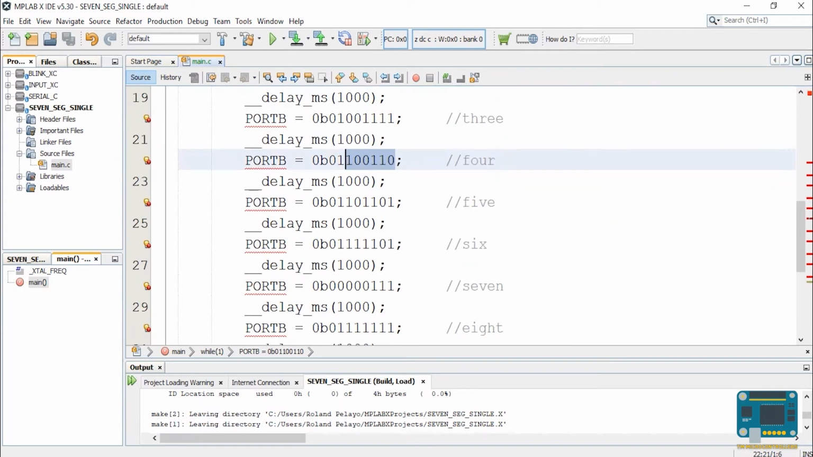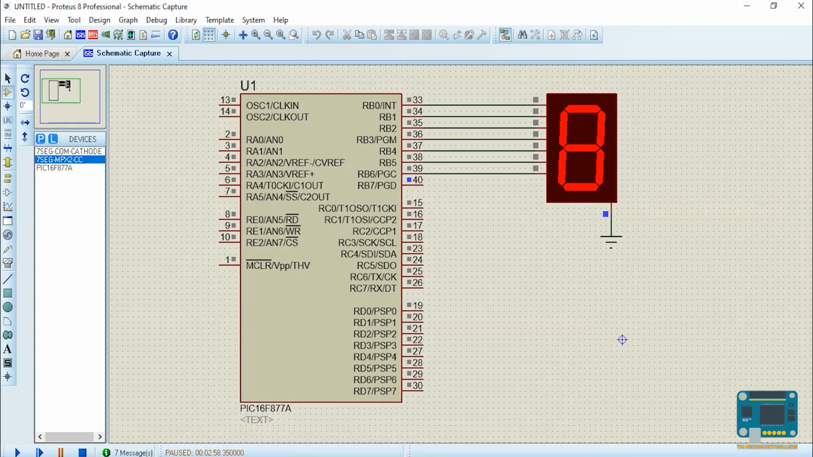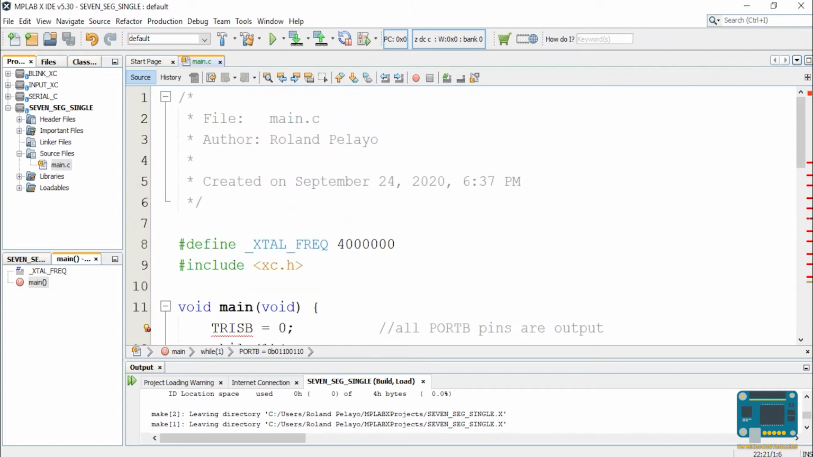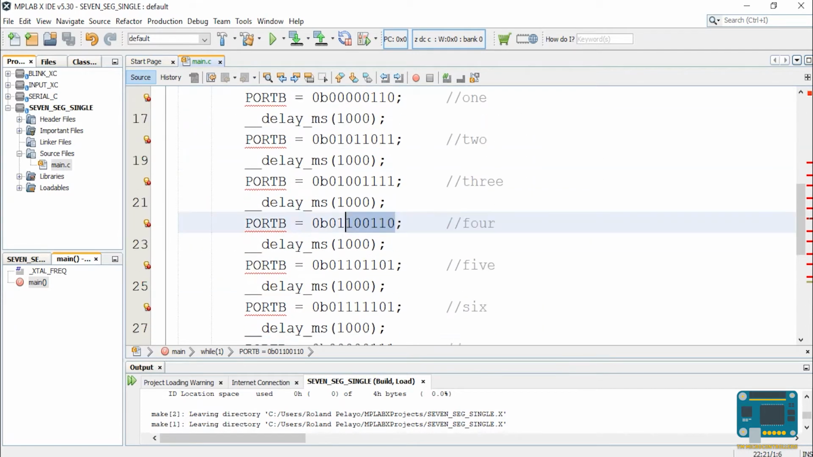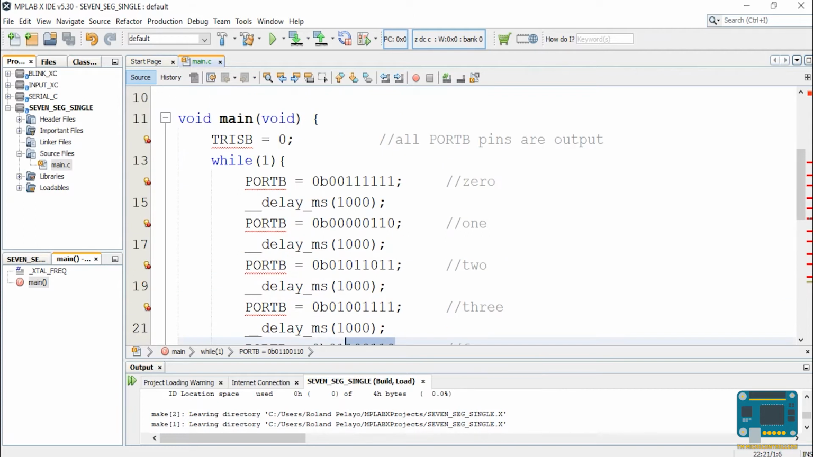Okay, so this is that code. This is the output of that code. So basically, you are counting from 0 to 9 with a second in between counts. Okay. Of course, we can modify this code. You can make this much more usable